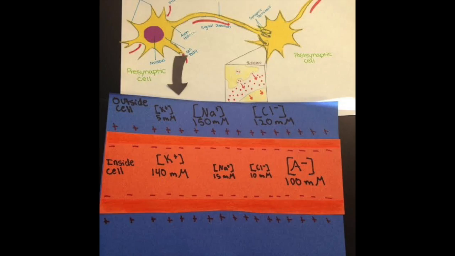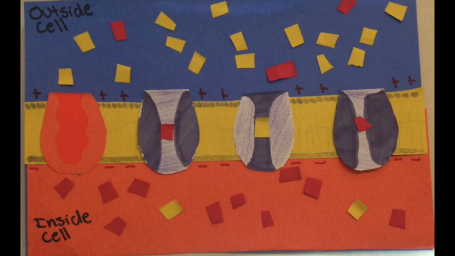The next two drawings display the basis of the membrane potential. In the first drawing, the values shown represent the approximate concentrations in millimoles per liter for ions in the fluids within and surrounding a mammalian neuron. K+ is the potassium concentration, Na+ the sodium concentration, Cl- the chloride concentration, and A- represents the other anions. In this next drawing, the small yellow squares represent Na+, the small red squares represent K+, the